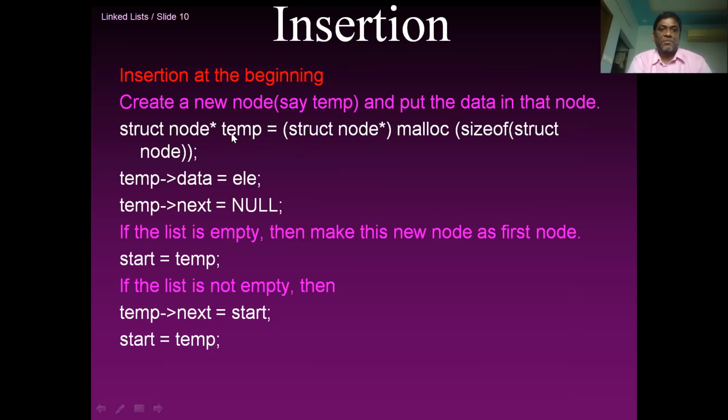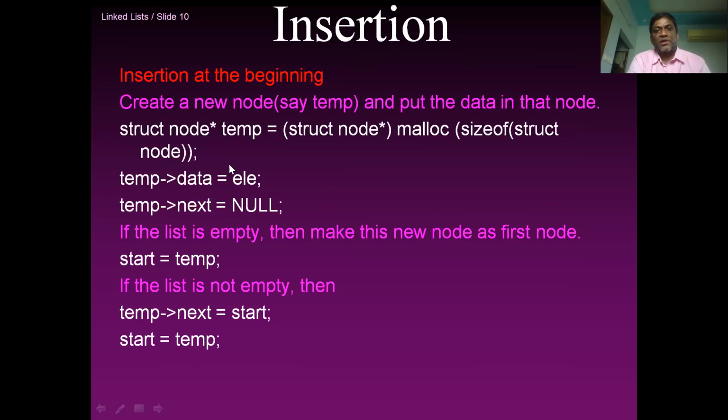Okay, so temp is created, and then put the element inside it in the data field. To do that, temp arrow data is equal to element. This is the element that I want to place into that node. So temp data is equal to element, and temp next is equal to null, because I'm not